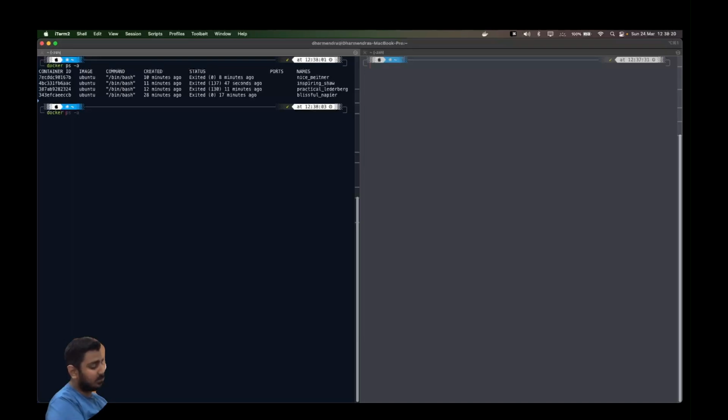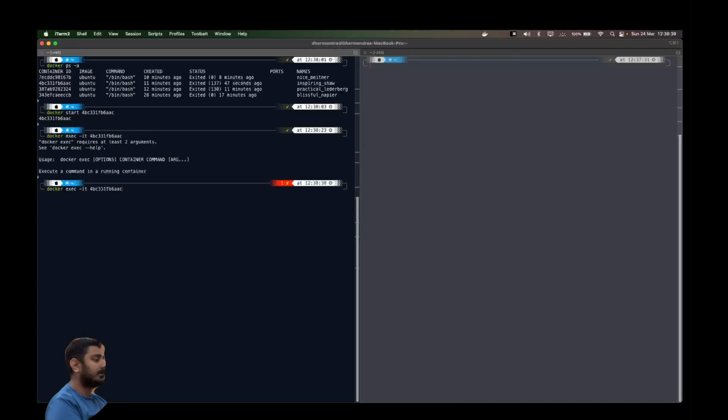Docker start. I have started the container, and then you can execute and enter into the container. So right now, yeah,